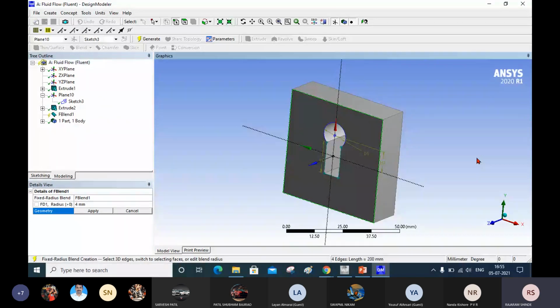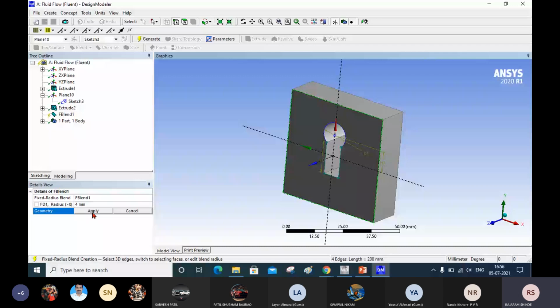Okay, you have to remember this. Control button is required for selection of multiple entities.